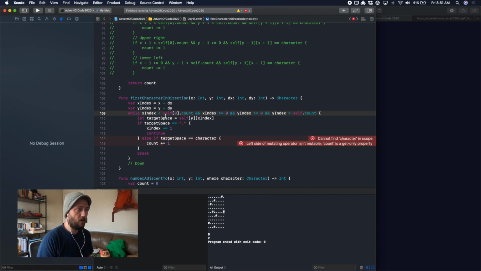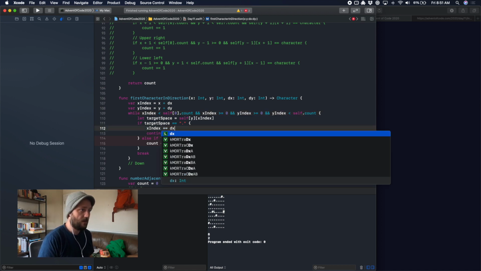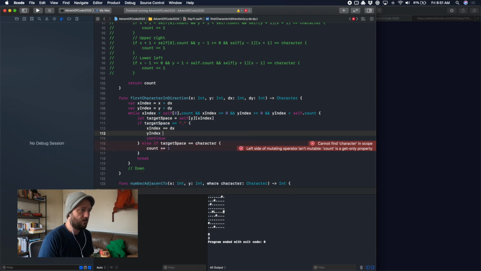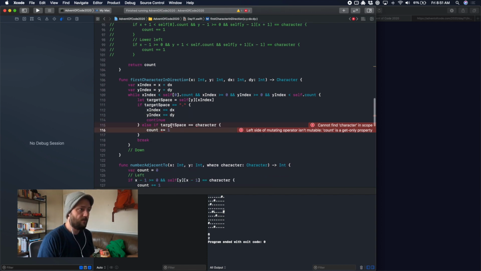If those are all true, then x index plus equals dx, y index plus equals dy, and then if target space,